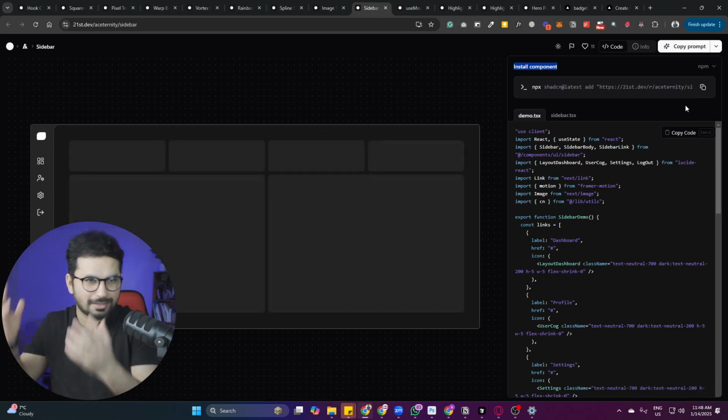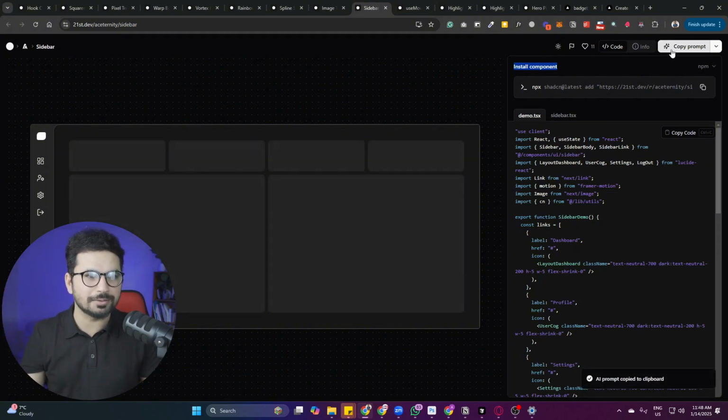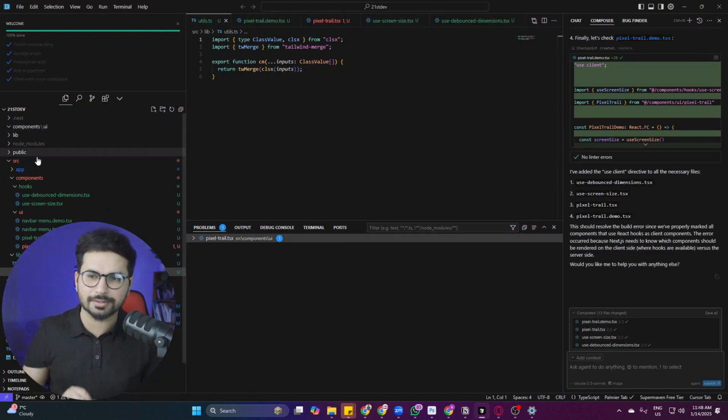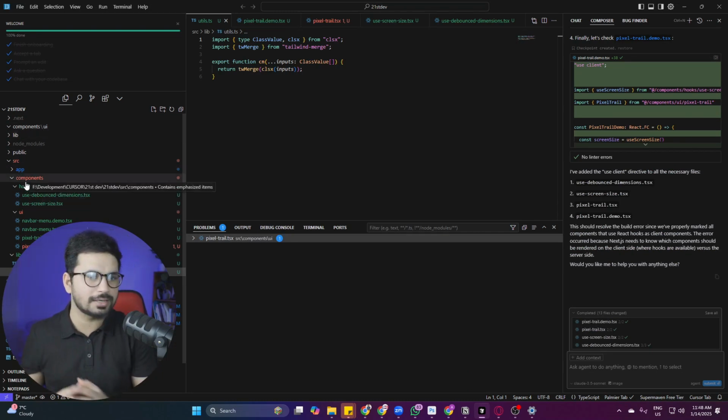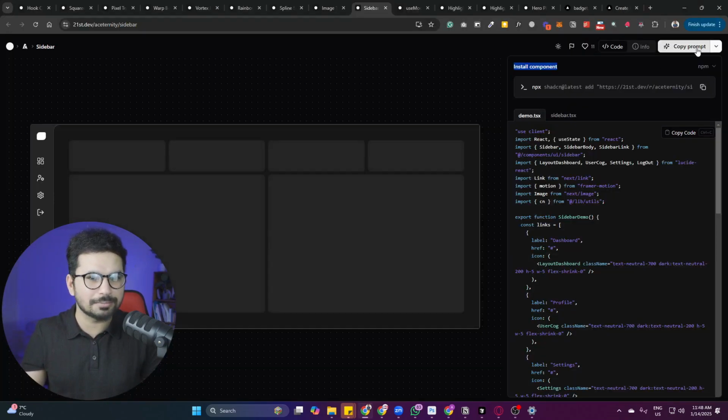Best practice, I think, is to just copy this prompt if you don't want to interact with code at all, if you don't want to understand it. Because if you just copy it from here, it will install this component in the components slash UI directory, and then you will maybe have to move it from there to this component, and it will be just a hassle for you. Let Cursor AI agent do that for you, and then simply copy any prompt from here,